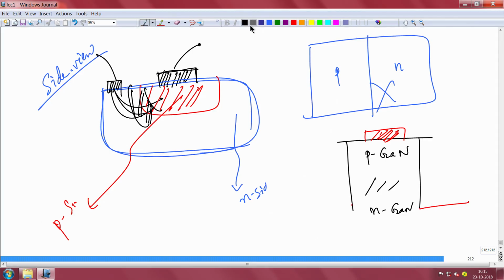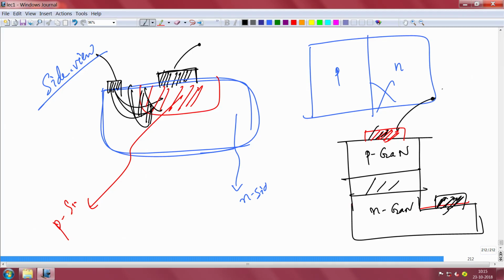Like you come down. So this is your n-type GaN, this is your p-type GaN, this is your n-type GaN. You put another contact here. This is your contact to the n-type GaN, and this is your contact to the p-type GaN. When you forward bias, this is plus, this is minus, that is forward bias, then the current will flow and the light will come out here, h nu, photons will come out. Okay, in reality it looks like that.